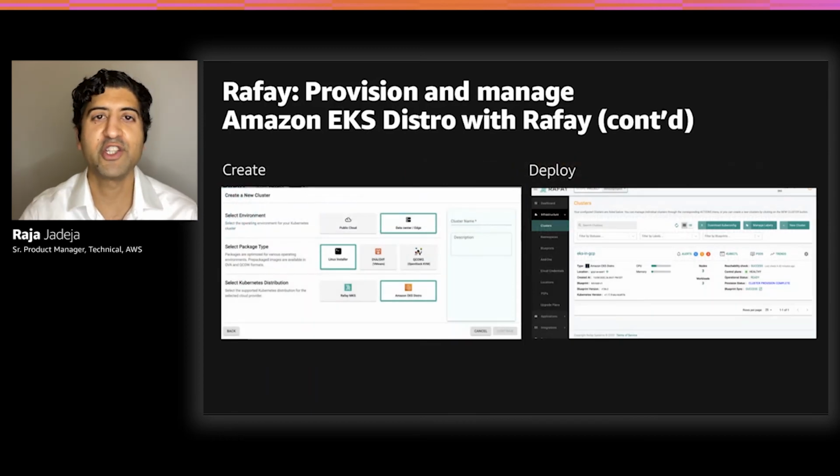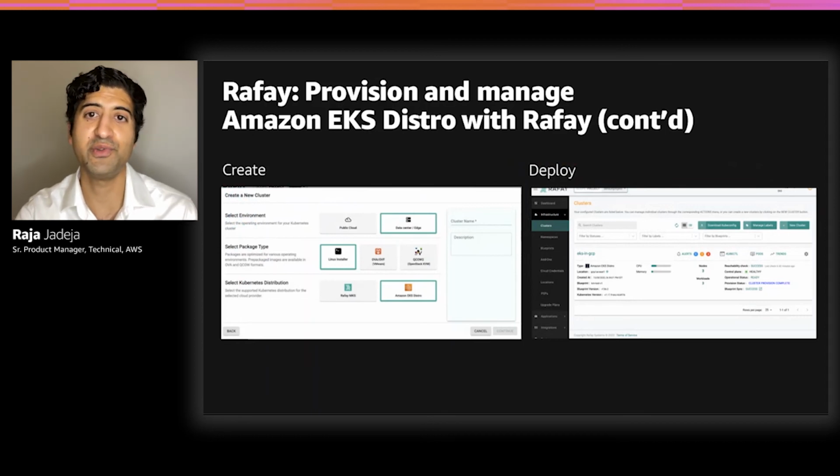When you go through the configuration flow and creation flow for a new cluster, you're going to get a set of options. Now, at the top on the left-hand side, you'll see a quick screenshot that shows all those breakdowns. And the first thing you can do is choose if you want to actually deploy this in public cloud or your data center itself. Then you can define, once you make one of those choices, what it is that you're going to be deploying and some of the details. If you choose public cloud, you get the choice of Amazon EKS. If you're choosing to actually deploy this on your own environment, you can go down to the Linux installers. You can choose some of the options that you want, and then you get a choice of distribution, Rafay or